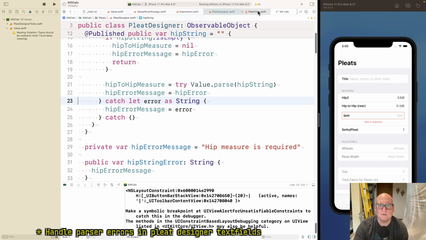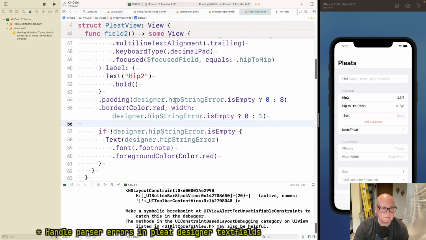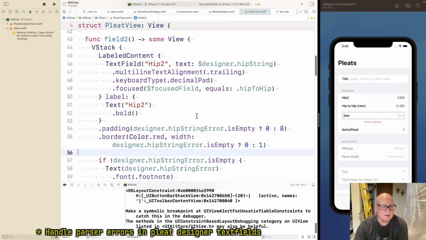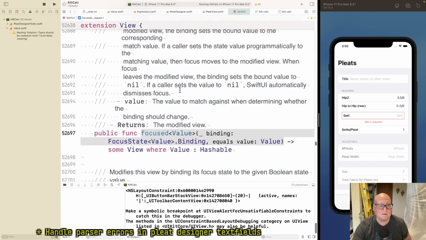Pleat view. Field 2. Okay. Label, text field, focused field equals hip to hip. Yeah, it's something with this focused binding equals value.